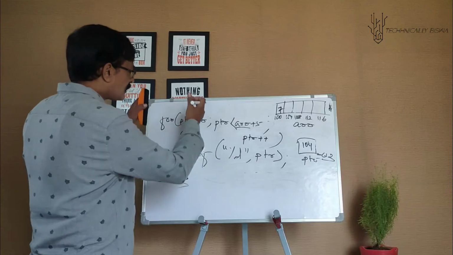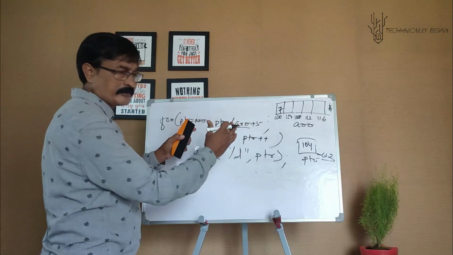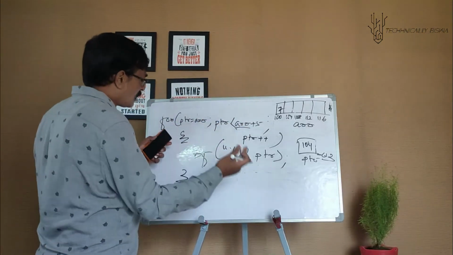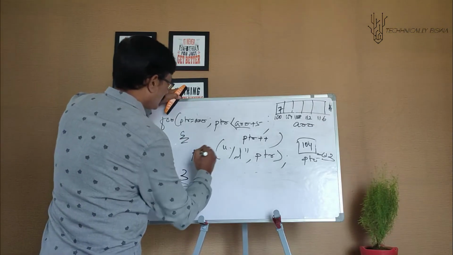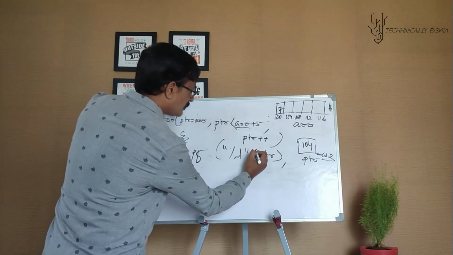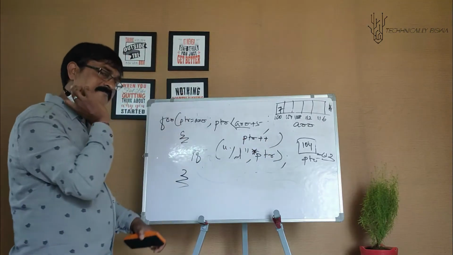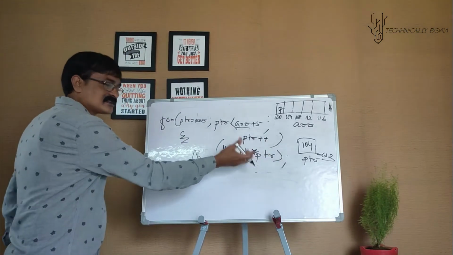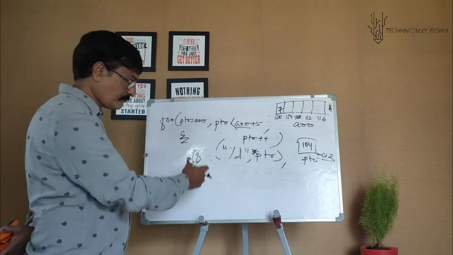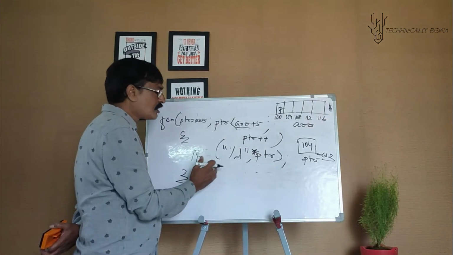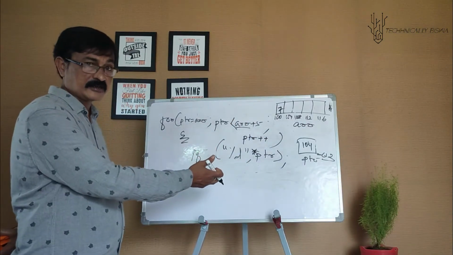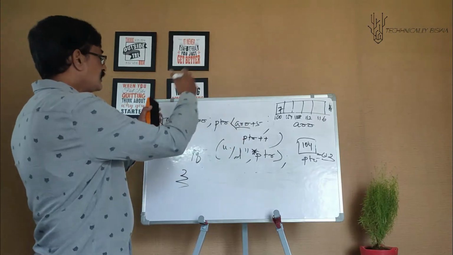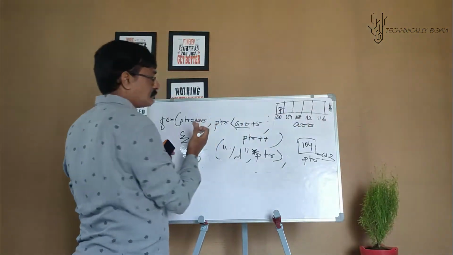Similarly, assuming after accepting the values, I want to display the values. How do I do that? Through printf. If you remember, what is the change? Simple. Put an asterisk over here, because the printf statement needs a value, not an address. You are not printing the address, you are printing a value. So how are you doing it? Percentage d comma star ptr. Easy, isn't it?